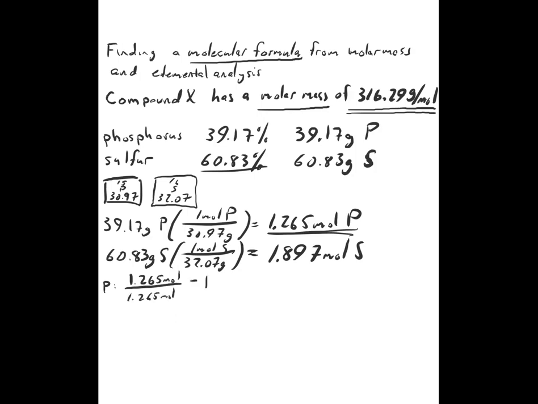That's going to give you 1. Let's do the sulfur. 1.897 divided by 1.265, and you get